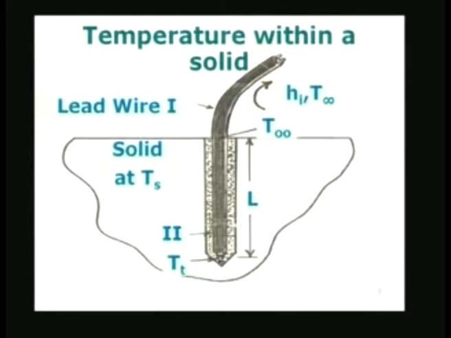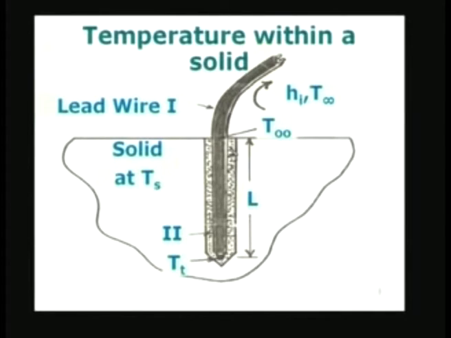Now, if you look at this sketch, I have drawn a deep hole and used some material of high thermal conductivity, so that there will be good thermal contact between the solid and the thermocouple wire which is going through the hole, so that the temperature difference between Ts and Tt I can make as small as possible. This can be done by the following.